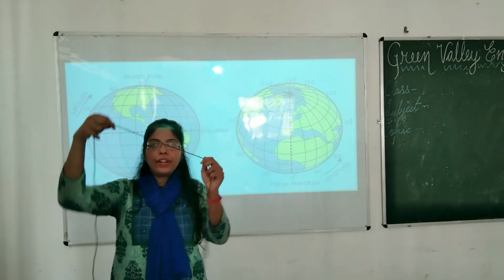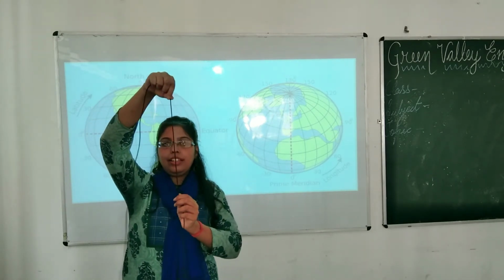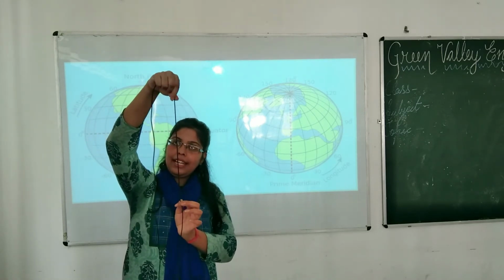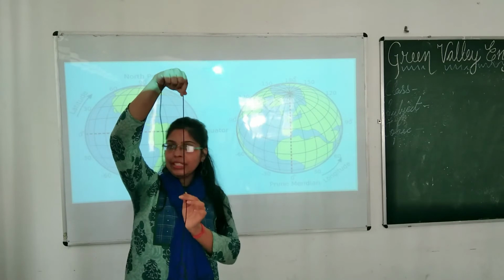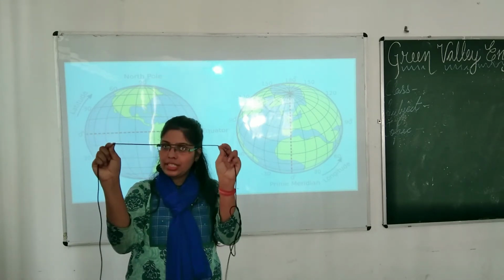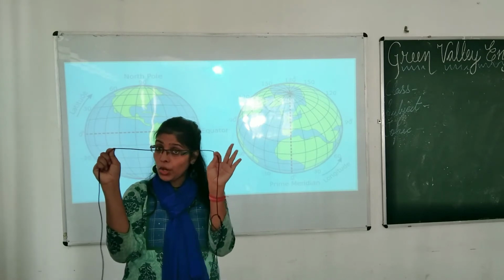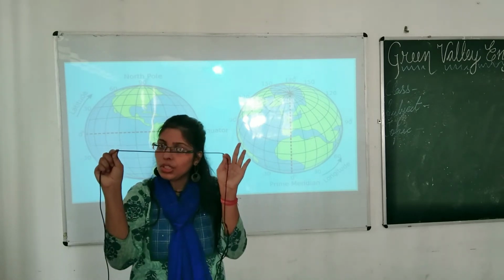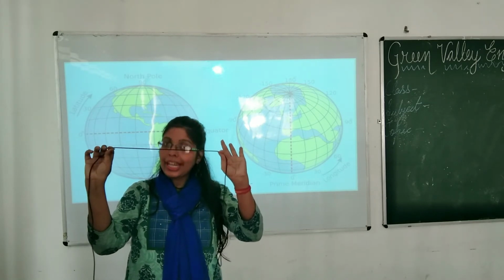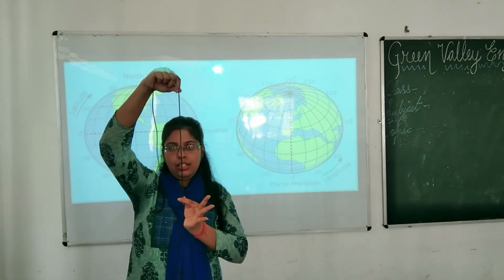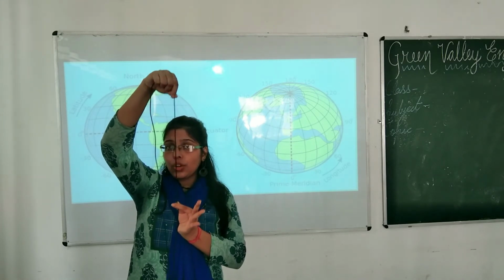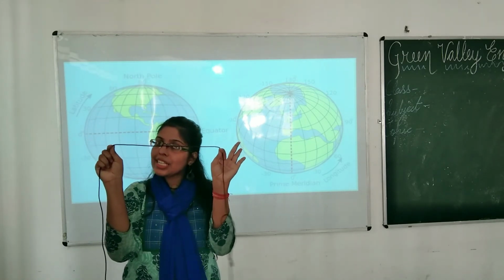Now if I just take this like this, so this is what? Longitude, a standing line, you can see the length. So this is longitude. And if I just put it horizontally, this is latitude. So latitude means basically लेटी हुई line, a sleeping line, and longitude which shows length, a standing line, a vertical line. This vertical line is longitude and this horizontal line is latitude.